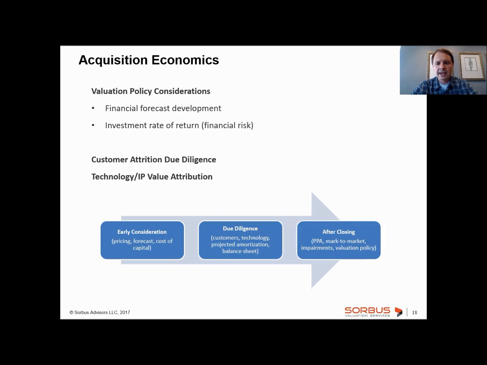So we're certainly always happy to talk about this. But I would say that in addition, we certainly get involved in those projects prior to the transaction close: early due diligence, early purchase consideration and pricing of the transaction. Like I said, we do the customer and technology relationship type work. We also help clients with quality of earnings with our partner, and we obviously do all the after closing activities. So we really cover the full life cycle of that acquisition for our clients.